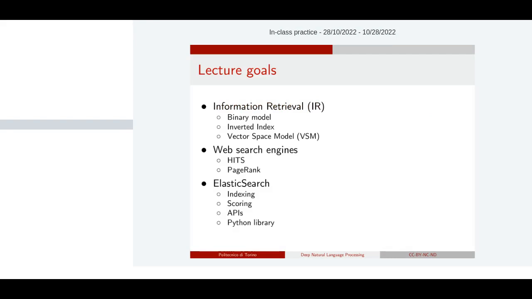Then we will just introduce Elasticsearch, that is software that we can use to build a search engine that is actually used in many occasions. And we will see how we can integrate natural language processing ideas into this search engine. So without further ado, let's start with